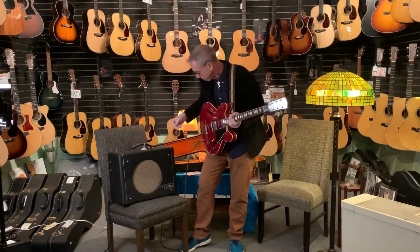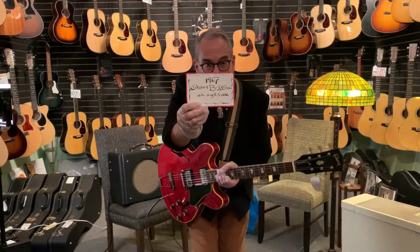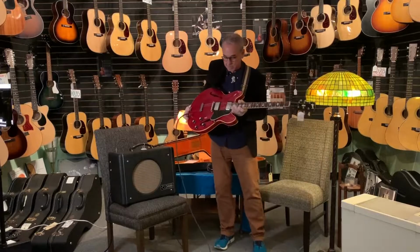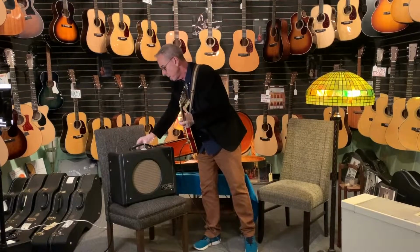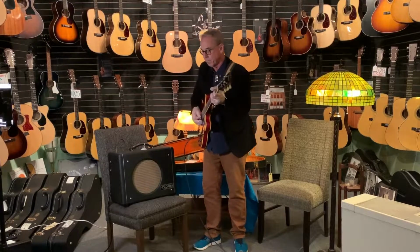So we have this beautiful 1967 Gibson ES-335. Go look it up on the website. You'll see how pretty it is, and then you're going to want to play it. This amp has reverb too, but